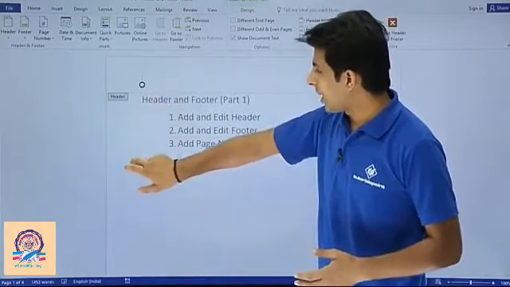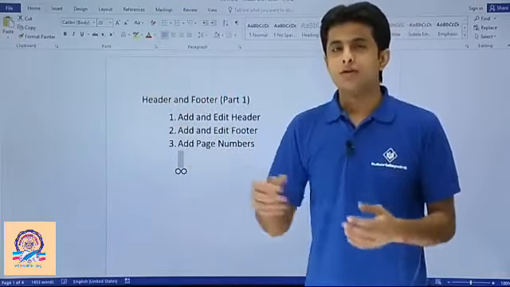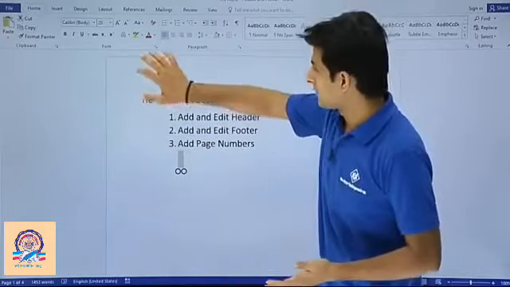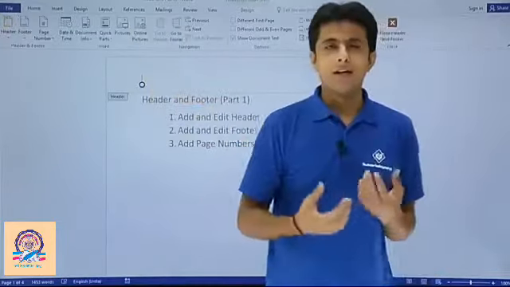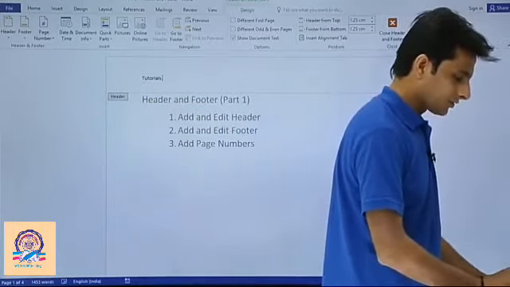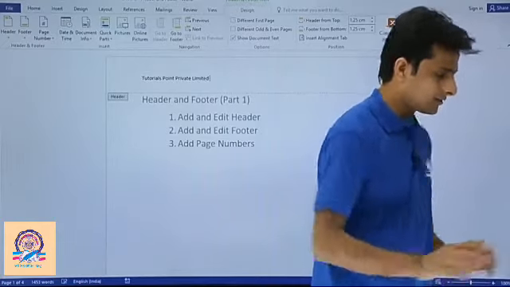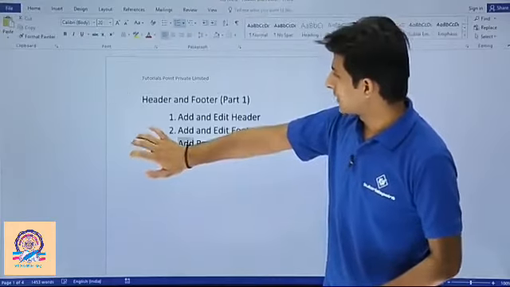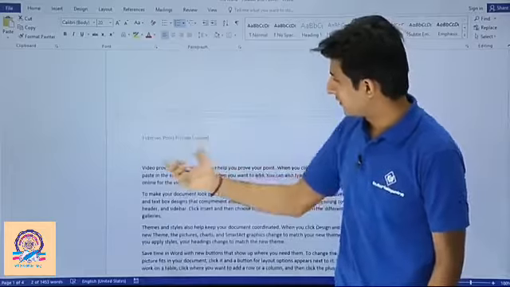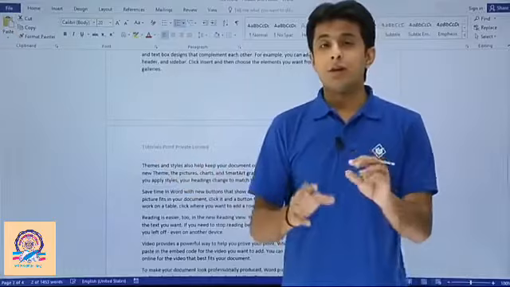Now, if you double click outside, the header and the design tab will go away. If you apply a header one time, it will be applied for all the pages by default. So if you just double click here, now you see it is started here. Now I can type some particular header. Let's say I'll type here Tutorials Point Private Limited, like this, some text, and I'll just double click outside. Once I double click, this is applied to all the pages. If I scroll down, you see the second page. Similarly, if I go to the third page, this way it's adding. Now this is how you can add and edit it.